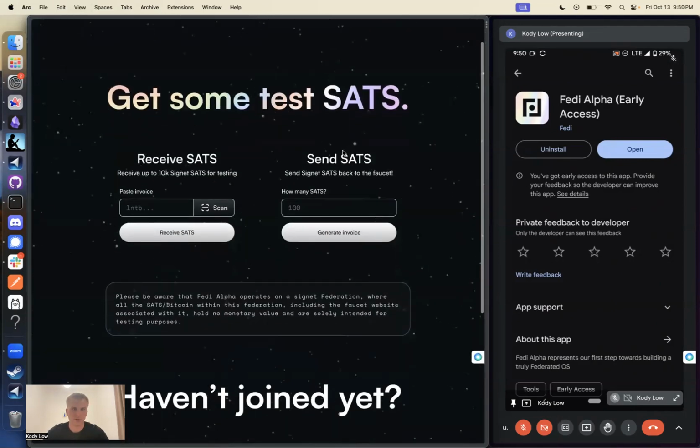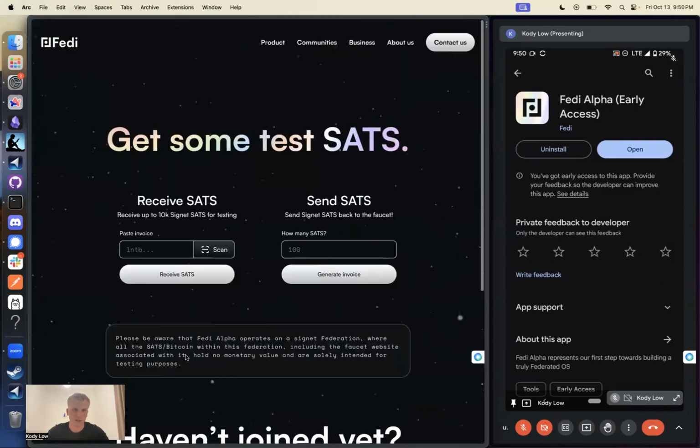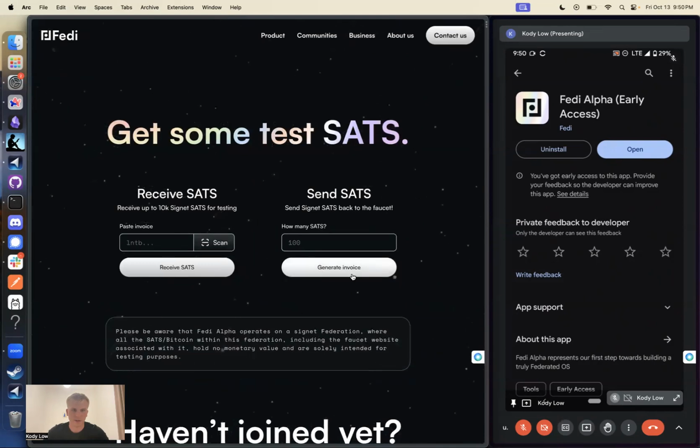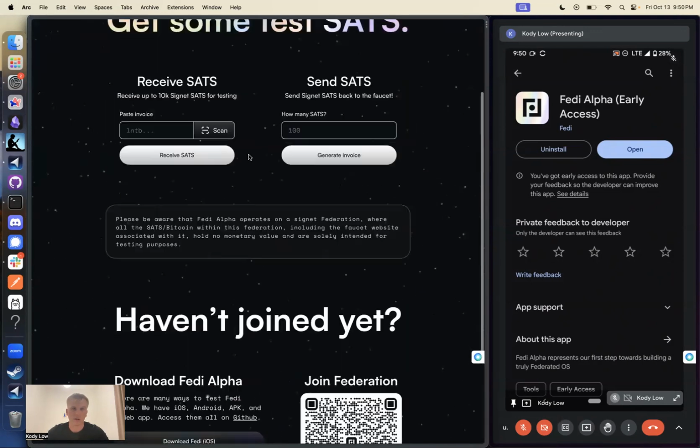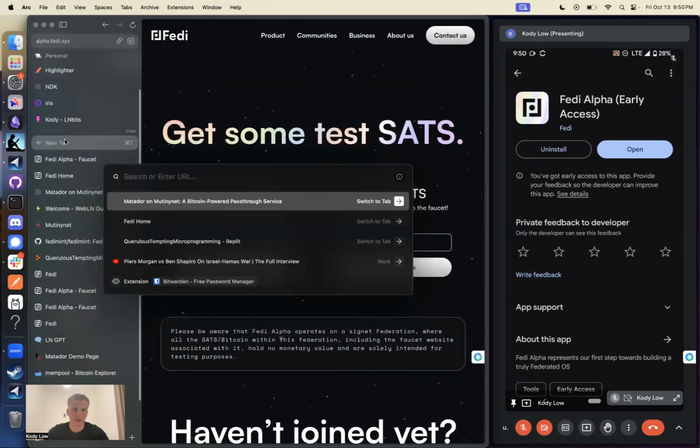alpha.fedi.xyz, and it'll bring you to our faucet page where you can get some free MutinyNet sats, right? And then it's got the download links here. You can download Fedi on iOS, download it on Android, download the APK. Or if you want to, you can just run it in the browser by going to